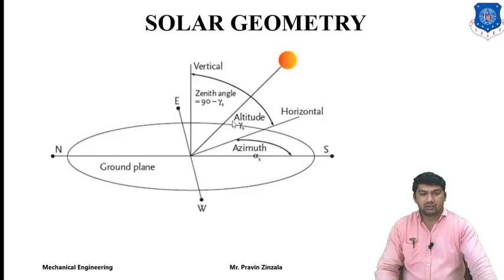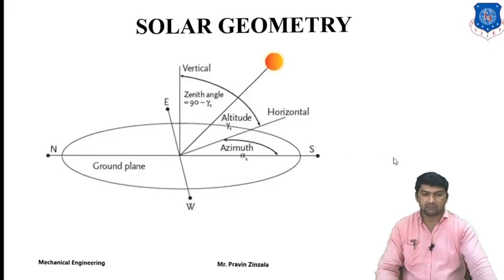The angle between solar rays and the horizontal is called the altitude angle. The projection of radiation on the equator plane, measured with respect to the south, is called the azimuth angle. These angles change continuously. During sunrise, and at the maximum zenith position when the Sun is at the top, it is called the sun at zenith, meaning the Sun is at the exact top position. After noon it will decrease, or we can also say it will increase, with respect to the horizontal and vertical plane.